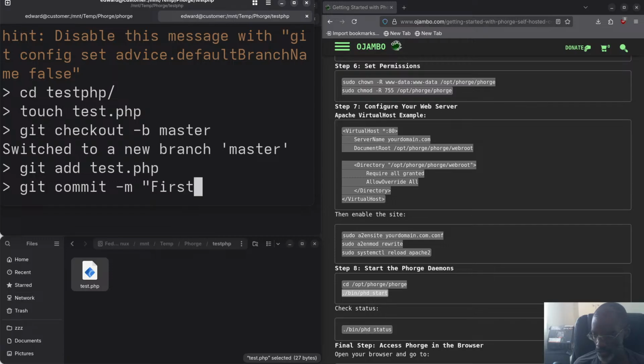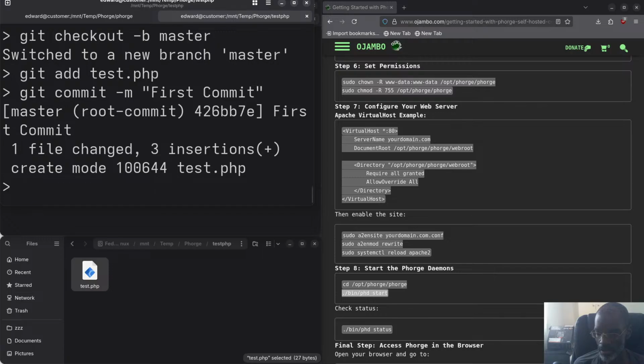I'll just say first commit. You see there, and then I'm going to push this. So I'll just say git push -u origin master,